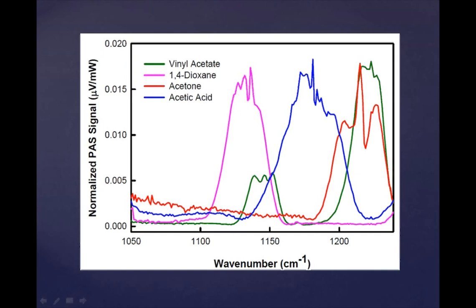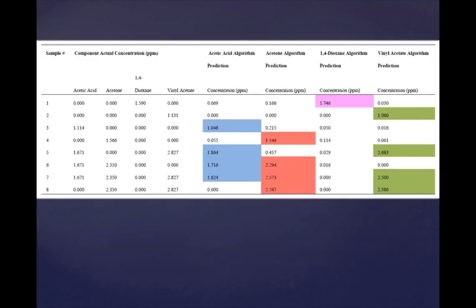On top of the amazing things that this system can achieve, it does it all while being relatively small. This table depicts the accuracy of the photoacoustic spectroscopy's ability to simultaneously predict the concentration of the four components. The researchers used predictive algorithms to determine the concentrations very accurately in the parts per million range and reasonably accurate in the parts per billion range, considering that four chemicals were being detected at once. You can look here